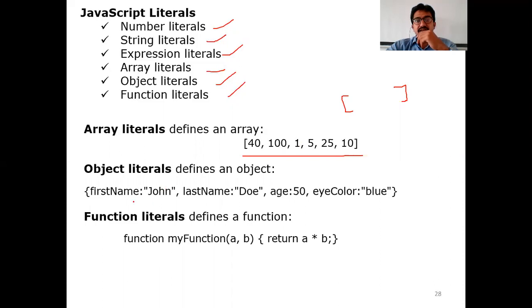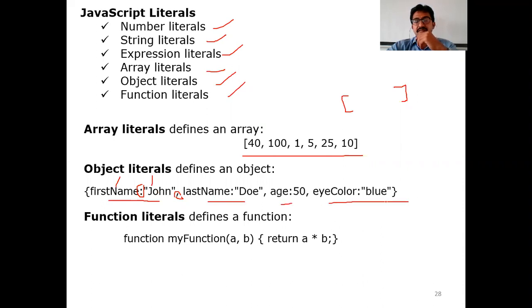Object literals define properties. If you observe, this looks like a CSS declaration, right? It is a property followed by the value, and both are separated with a colon. In CSS, each declaration is separated with a semicolon, but here each object literal is separated with a comma. First name colon John, so first name is John, last name colon Doe, and age is 50.